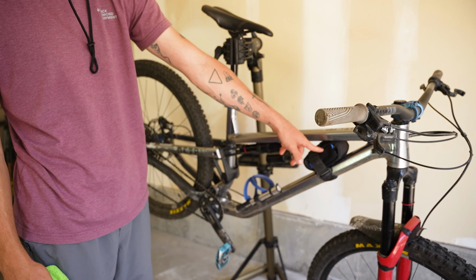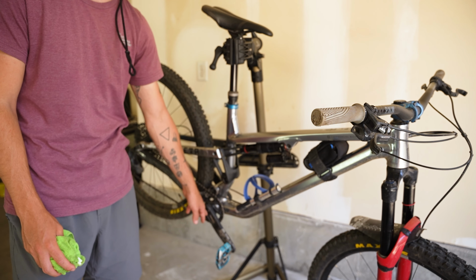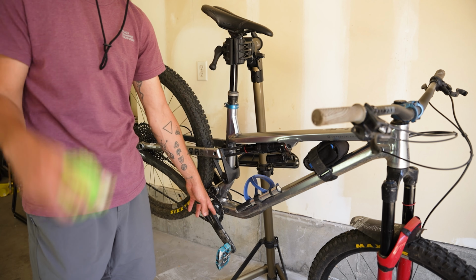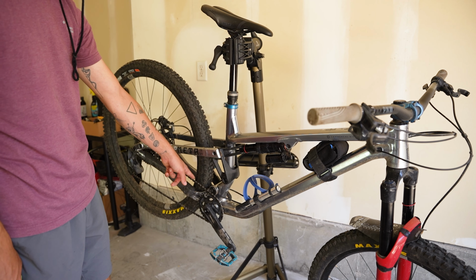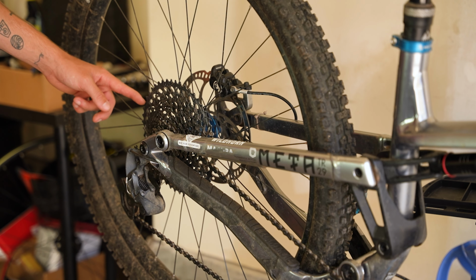Down here is just an NX, little cassette and cranks, because there is weight savings when you go up to the XX1 or the carbon crank sets, but between this and the GX there's not too much of a weight savings, and this was cheaper. Crank Brothers Clipless pedals, these are the Enduro pedals, XX1 chain, GX cassette, GX derailleur, Magura